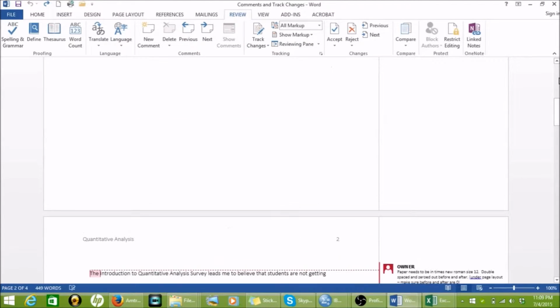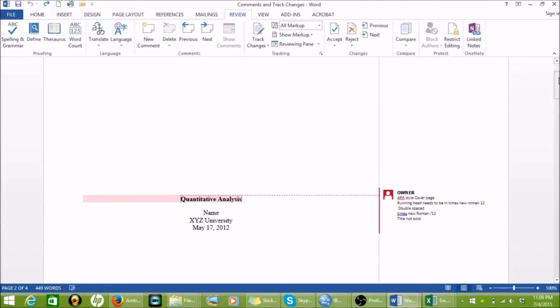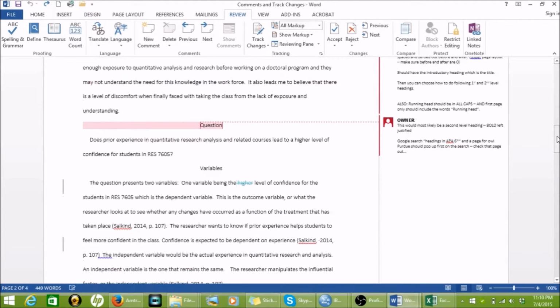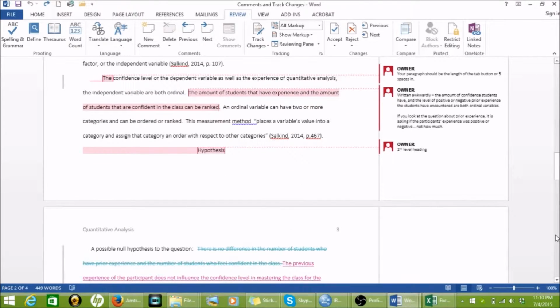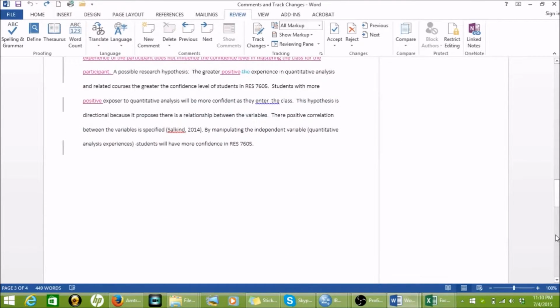Your comments, instead of being the little icon of the little word bubble, are opened up. They're all right there. You can see each and every comment. You can also see the track changes that have taken place. Like for instance, where this line was, what was happening is this word "higher" was deleted. And I prefer all markup. You know exactly what you're doing. Sorry about that, I just hit the microphone. You know exactly what's happening, what's going on, what you're doing, and I think you can follow along with it